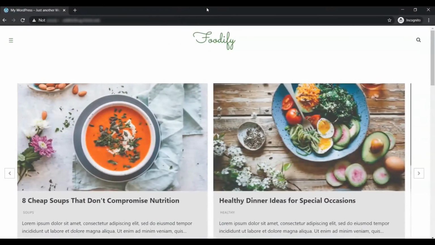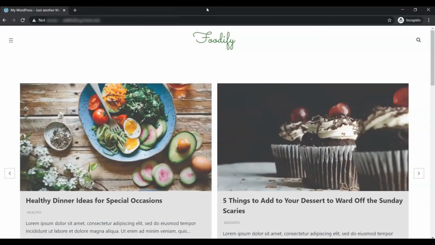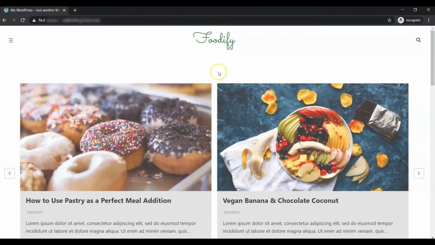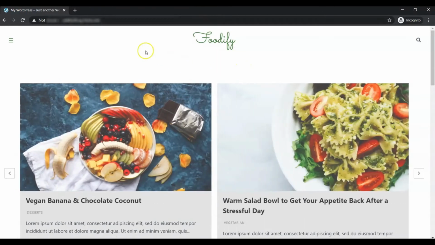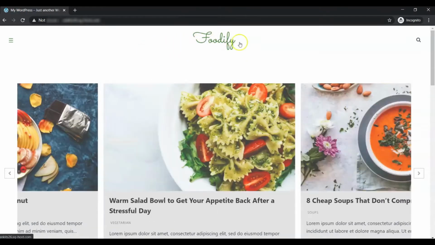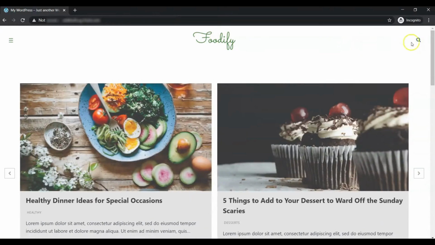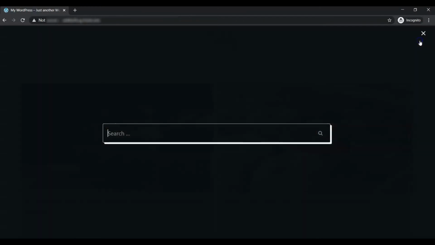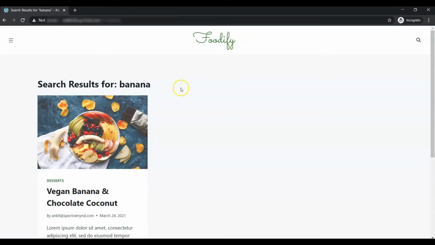Now let me give you a quick preview of the food blog that we will be building in this tutorial. So here we have our home page, where in the middle we have our logo. On the right hand side we have the search option. If we click on that, we have a full screen search bar here where you can search your recipes. So if you type in any search term and then hit enter, then you will see the search results